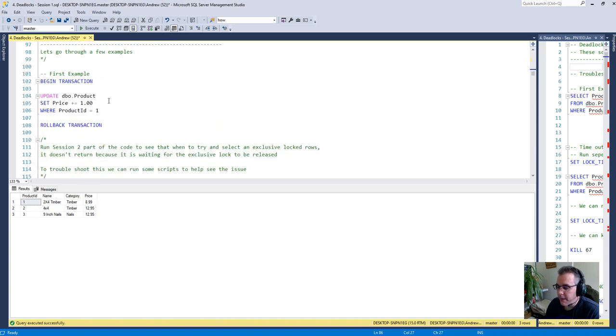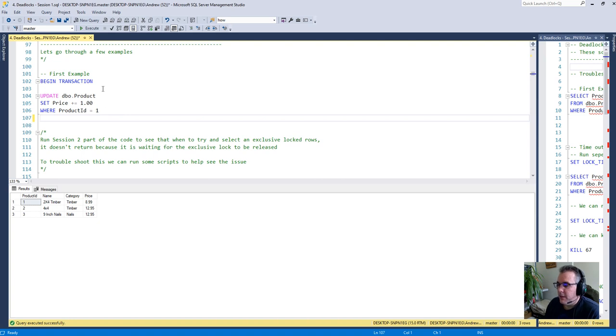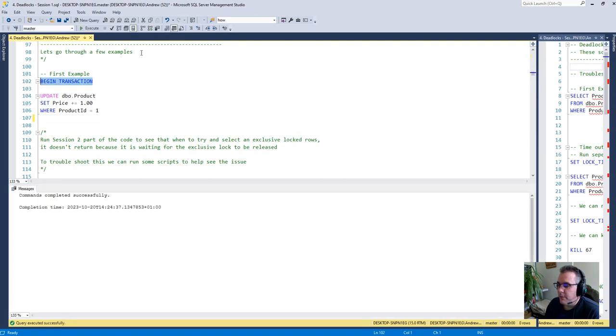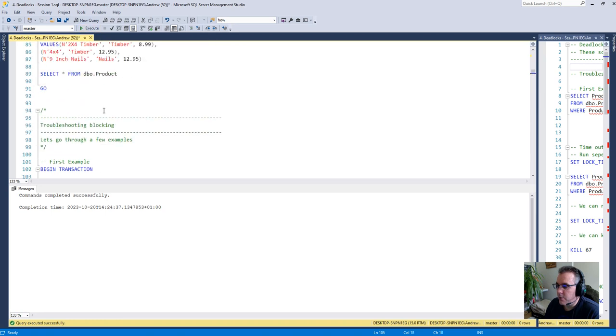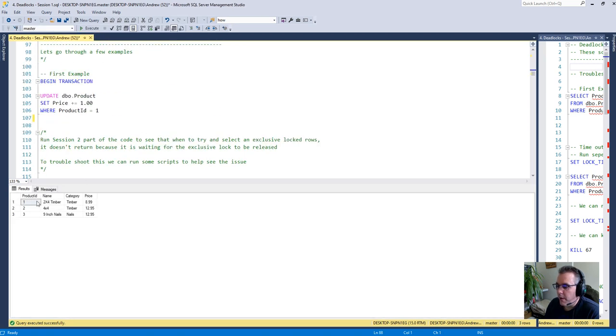So let's go through a few examples. Jump straight in and do an example. What we're going to do is create a transaction here, and I'll get rid of that because that's not needed yet. So we create the transaction. We've now got an open transaction. If I update the row, row number 1 initially has a price of $8.99. I'm going to update it to $1 more, so it'll be $9.99. If I execute that,